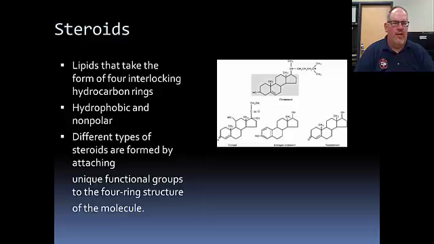A lot of your sex steroids or sex hormones, like we have estrogen down here and testosterone, you can see how they're very similar. The only difference between them is testosterone has an oxygen and a CH3, a carbon with 3 hydrogens attached to it, and estrogen has a hydroxyl group instead, and there's a little bit of difference in the double bonding on the very end chain of the carbon ring.